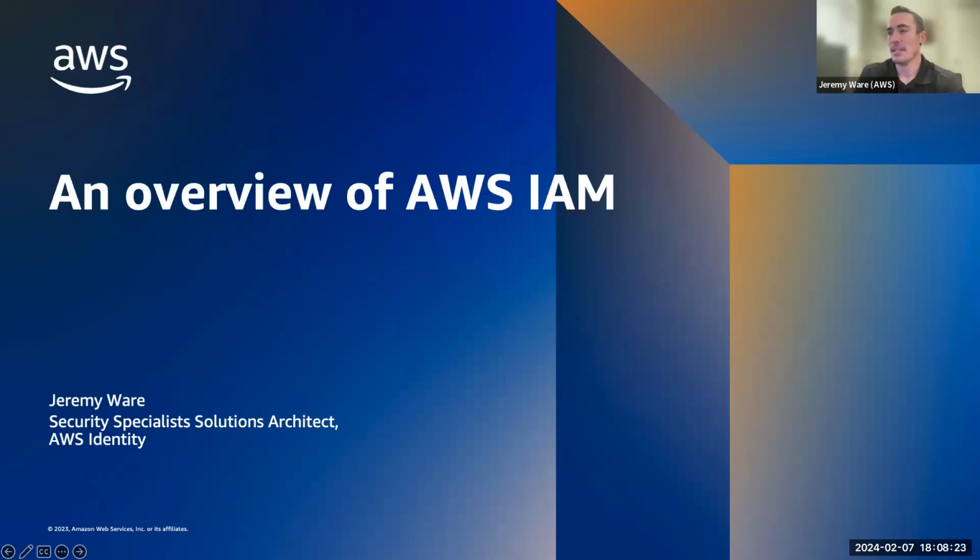All right, so today we're going to talk about an overview of AWS IAM. This is AWS Identity and Access Management, not all organization and multi-cloud identity and access management. I know we like to name things our own way, even if it's already coined by the industry. So sorry for the confusion. My name is Jeremy Ware. I'm a security specialist solutions architect at AWS, and my primary domain of expertise happens to be identity and access management, both for workforce and consumer.